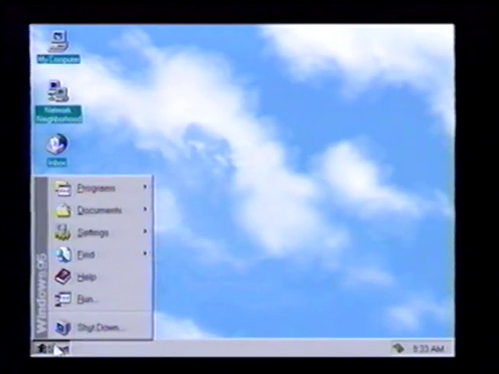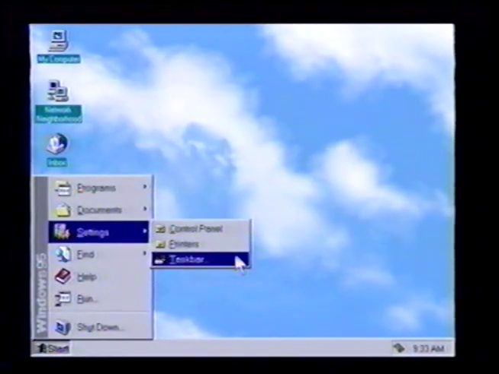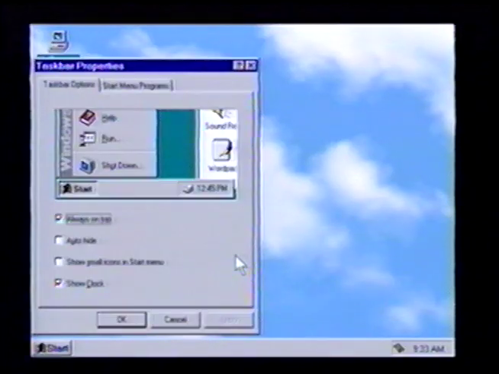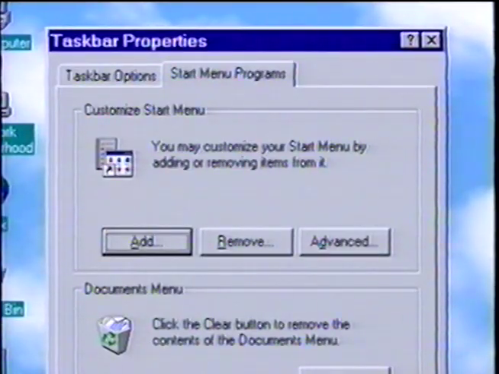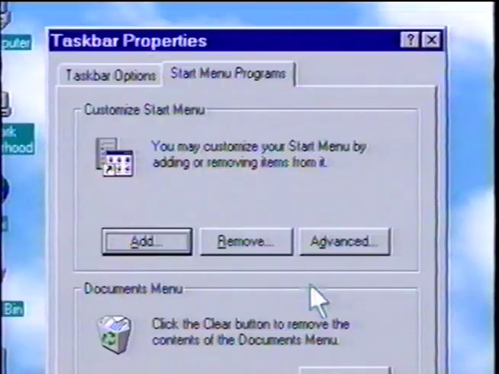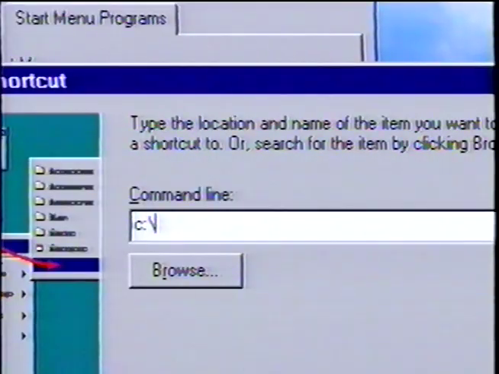Let's take a look. Now, Microsoft Excel is a program that I use all the time, so I'd like to add it to the Start menu so it's easier for me to access. To customize the Start menu, click on the Start button. Now select Settings, select Taskbar because the Start menu is on the taskbar, and this pops up with the Taskbar Properties dialog. We'll discuss this later in more detail. But for now, I want to choose the Start Menu Programs tab. Now, I want to customize my Start menu by adding an item to it, so I'll click on Add. Now, I can either type in the full name and path to the program here,